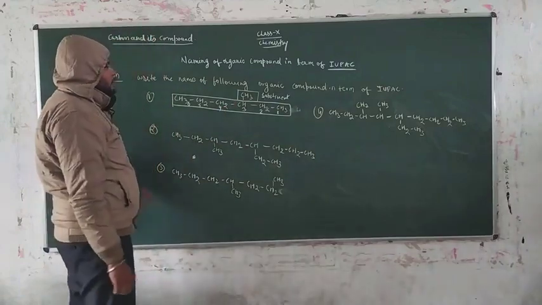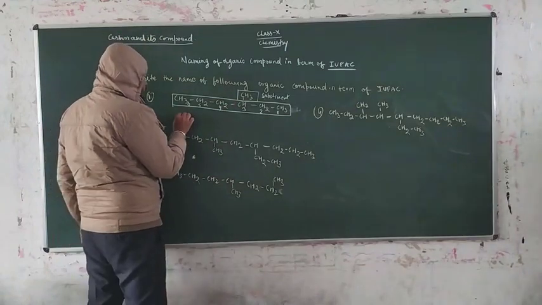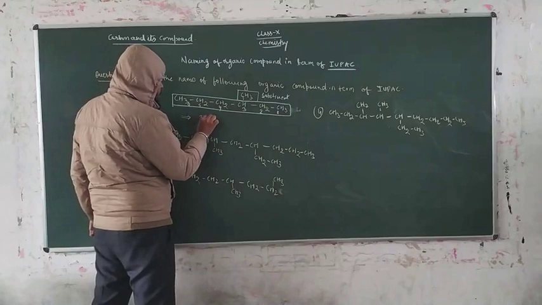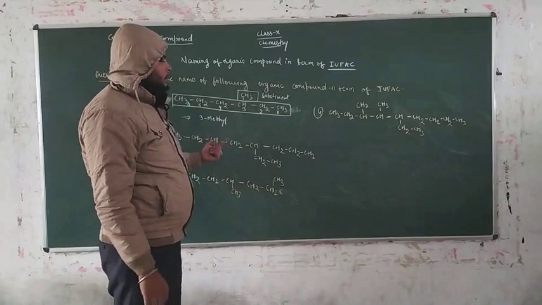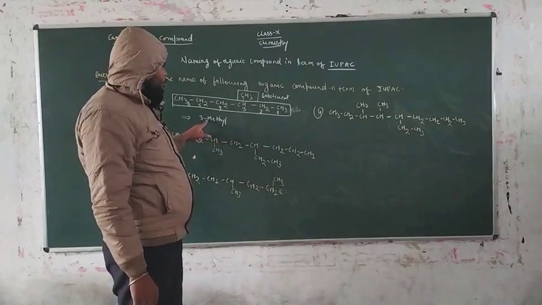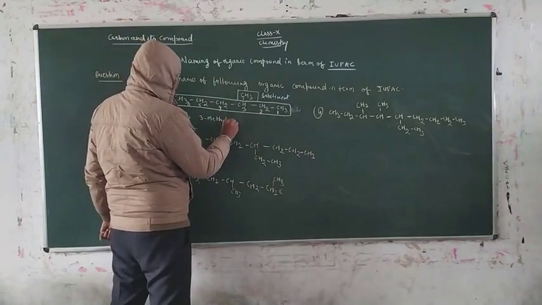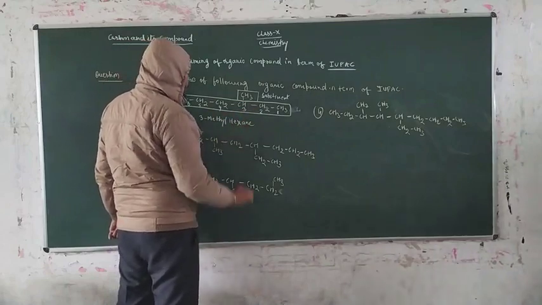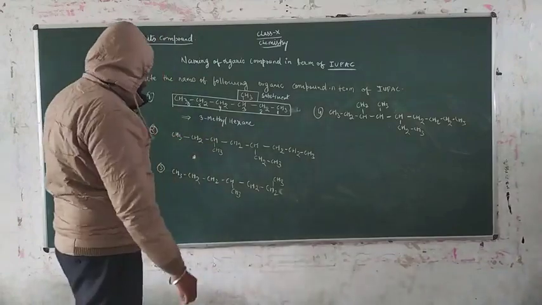In terms of naming, we write the prefix for the substituent first. This is 3-methyl. As we discussed a few minutes ago, the number and the name are separated by a hyphen, so we put a hyphen in 3-methyl. How many carbons? 6 carbons, hence hexane, combining the single bonds with the suffix ane. So the name of this compound is 3-methylhexane.